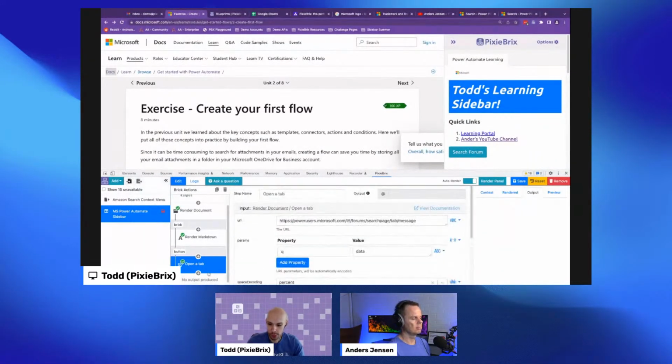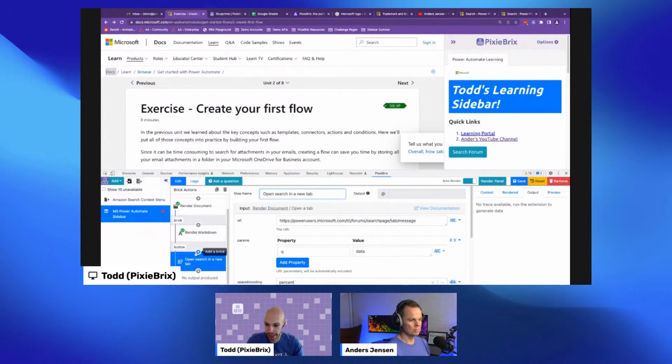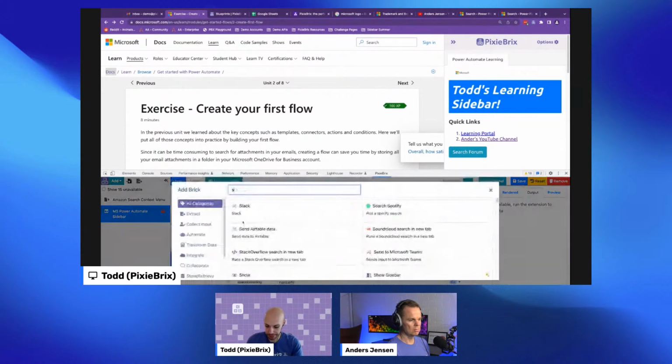So now I have this root part where it's going to open up, and I'm actually going to change this name here to run. New tab, and often what I find when I'm learning things is I just want to run a search for things that I have selected on the page. And so in this case, what I'm going to do is